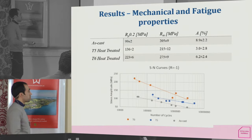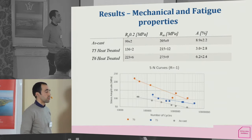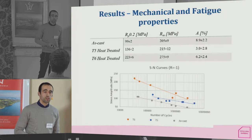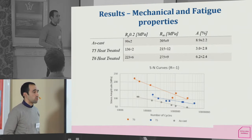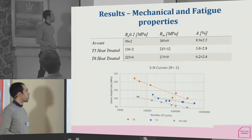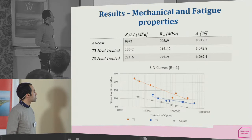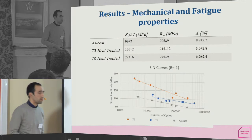Here are the results. The table shows the mechanical properties from tensile testing: S-cast, T5 heat treated, and T6 heat treated. You can see that S-cast presents higher elongation compared to T5 and T6 heat treated, but lower mechanical properties. T5 presents a little bit higher mechanical properties, but not so much compared with S-cast, and much lower elongation or ductility. But T6 presents much higher mechanical properties, and the ductility loss relative to S-cast is